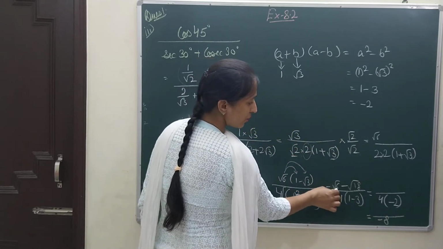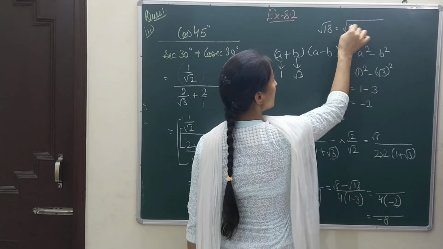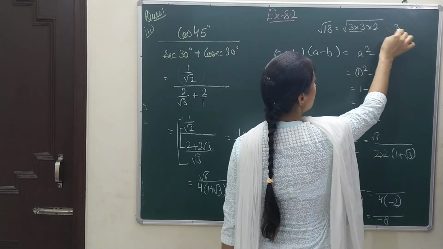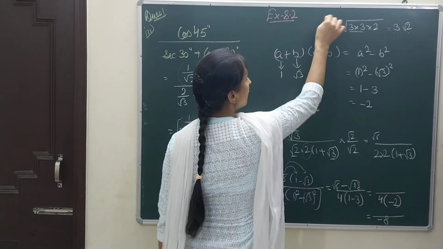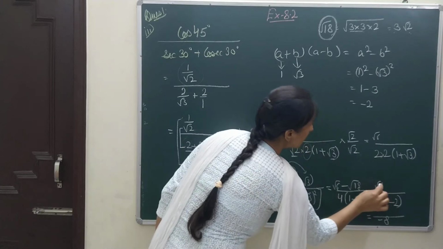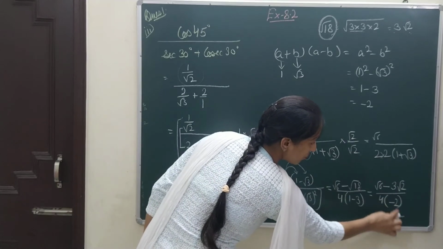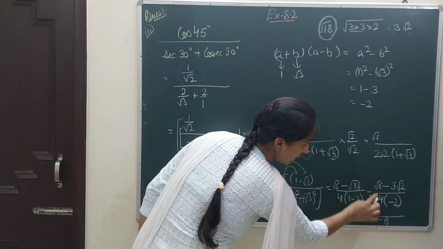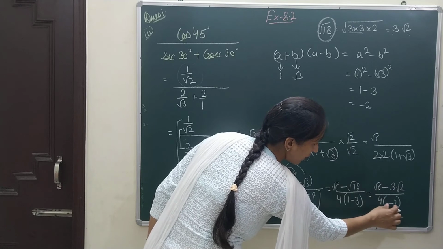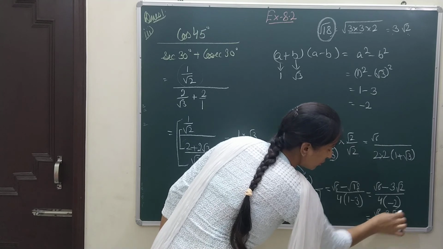Okay, now here it is root 6 and root 18, and if I try to break root 18, it can be written as 3 into 3 into 2. 3 times 3 is 9, times 2 is 18. So 3 can be taken out. It will be 3 root 2. So I will change this root 18 into 3 root 2. So I will write root 6 minus 3 root 2. Okay, now minus 2 is like a minus sign lying here, and root 6 and root 2. Now if I take this minus, first of all I will keep it here, then it will be root 6 minus 3 root 2. It has turned into this.